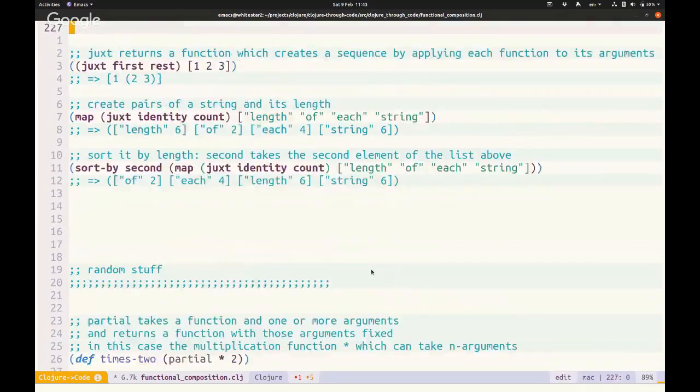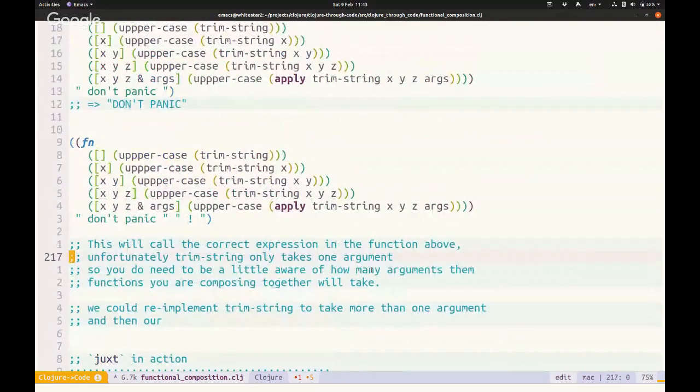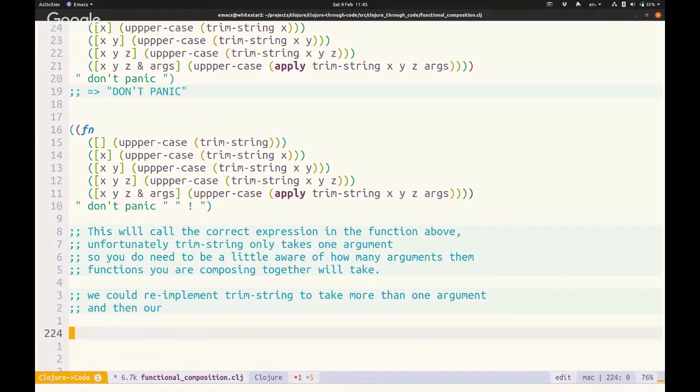So just a note to be aware of: if you're going to compose functions with comp, then they are going to expect multiple different numbers of arguments as well. So typically you would define them so that the function you call, if it's a defn,